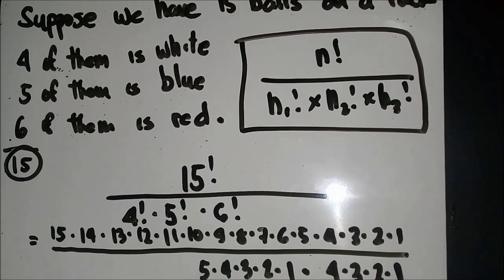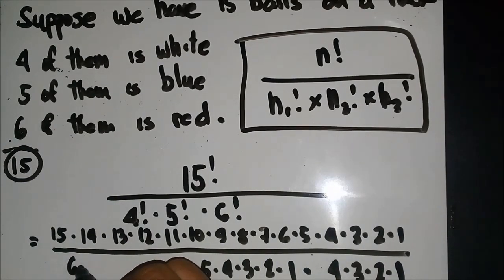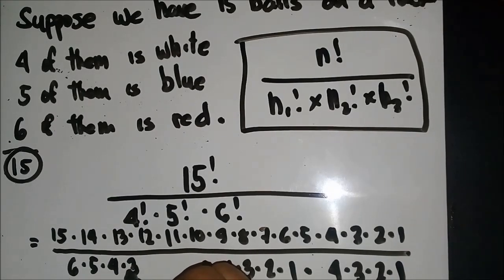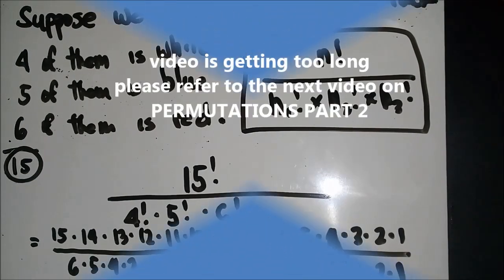And 6 factorial can be written as 6 times 5 times 4 times 3 times 2 times 1. Notice if we try to cancel out the factors from